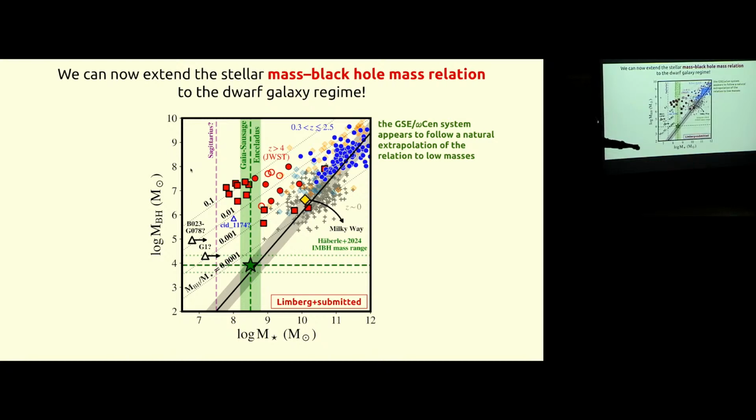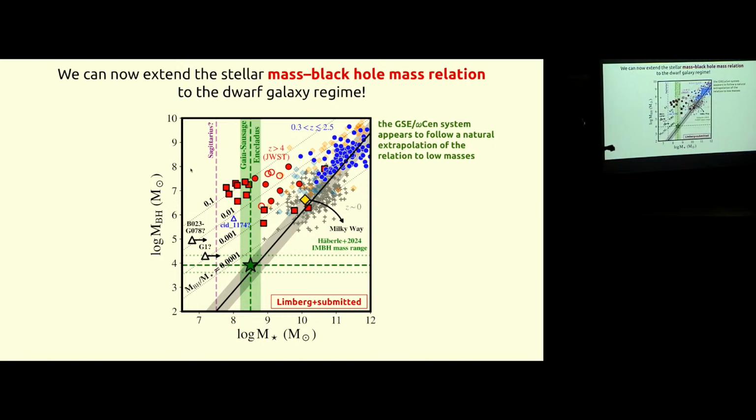In the horizontal axis, we have stellar mass. So this is the stellar mass of the host galaxy of these central black holes. And in the vertical axis, we have the mass of the central black holes themselves. And basically, this black line is one of the most recent determinations of this relationship between stellar mass and central black hole mass. But this relationship is really derived only from massive galaxies, galaxies that have stellar masses above 10 to the 10. So the Milky Way, for instance, is right here. And this line is derived for these galaxies right here in blue and gray.